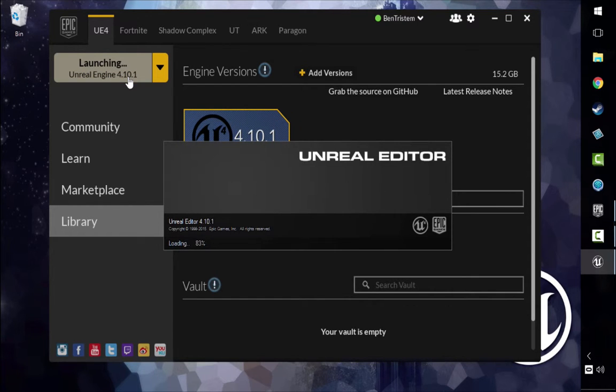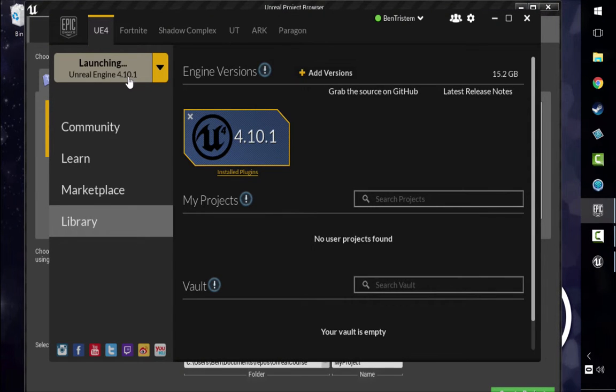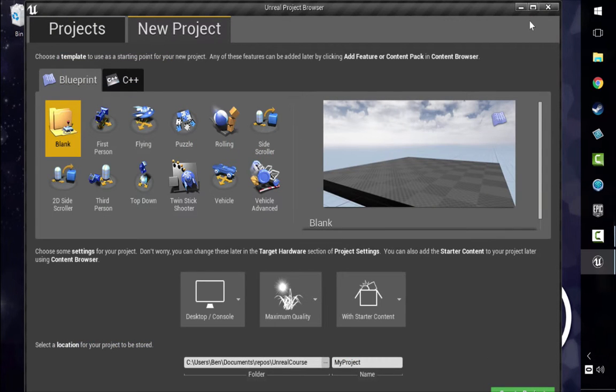You may get a Windows firewall warning here when this opens. Now, by the way, I should say if you're on a Mac, I'm going to be covering the rest of the course on Windows, so you're going to have to fend for yourself in terms of the differences, but they're not huge. The differences are not particularly massive. So that's it. You can actually close the Epic Games launcher if you want, and we're at a screen like